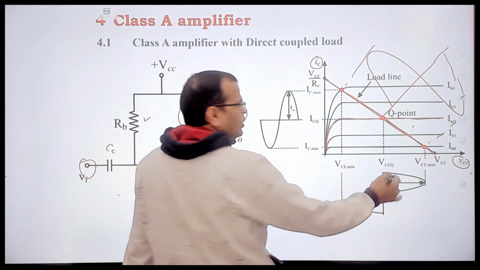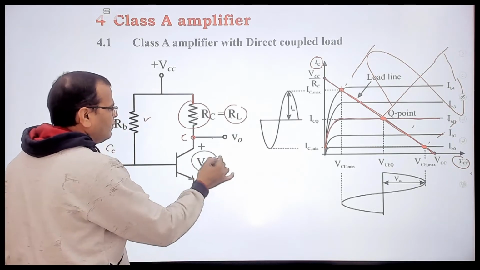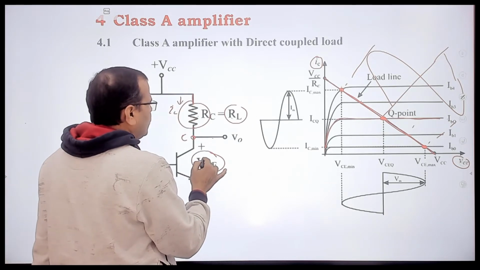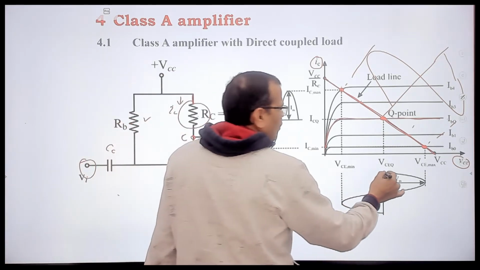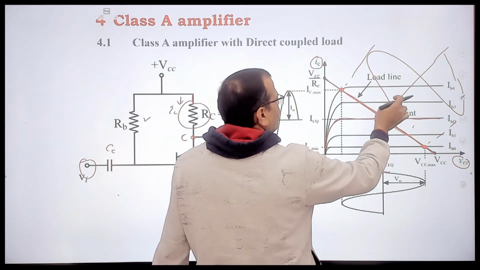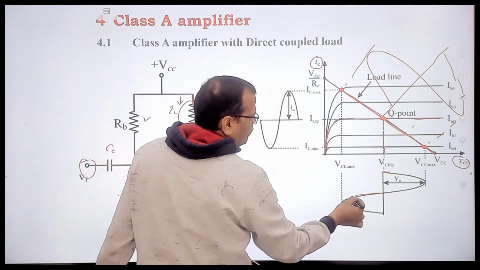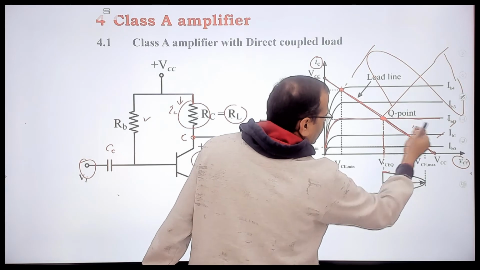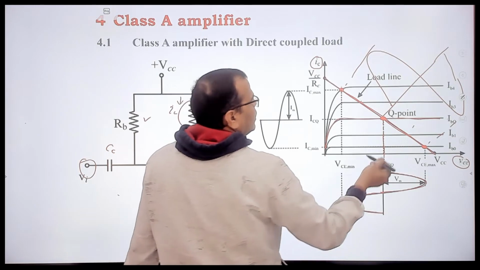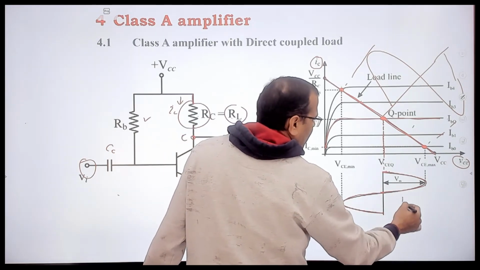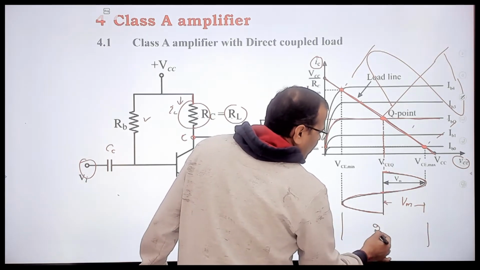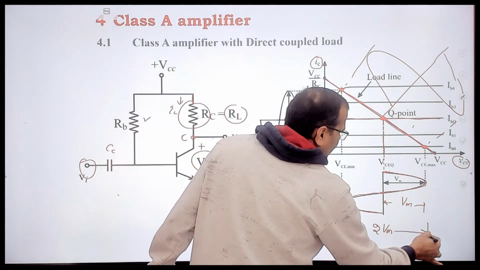The corresponding variation in voltage VCE, this is voltage VCE, and this is collector current, will be varying about the Q point. This is VCEQ, and when your base current increases, your voltage VCE decreases. When base current decreases on this side, your voltage VCE increases, right? So if Vm is the maximum peak value of the collector voltage, then the peak to peak variation will be 2 Vm, right?